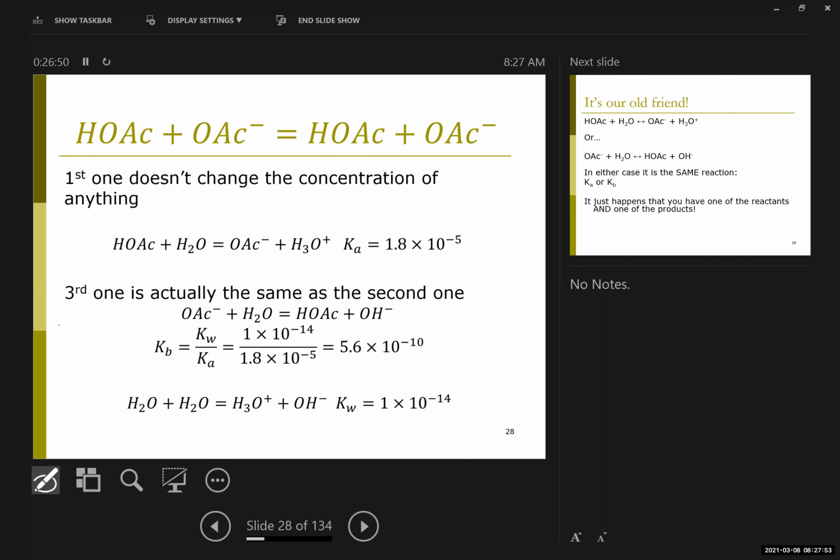Right. And so I'm essentially going to start there, and again, I would just keep going till things change. I will tell you in advance, no other reaction is going to matter. Again, my Kw only tends to matter. We saw this with the ultra dilute sulfuric acid, unless my hydronium or hydroxide is less than 10 to the minus 7. Kw generally does not contribute, and that will be the case here.